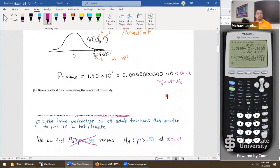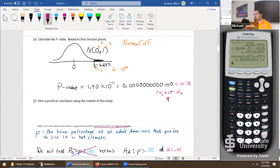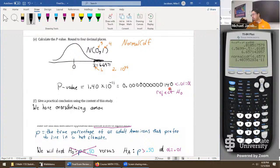Well, last stage is the practical interpretation. Any questions whatsoever, folks, with the p-value? Okay. So I do agree with the authors when they said there is overwhelming evidence that's supported by your p-value being astronomically small in a certain sense. Let's start by saying we have overwhelming amounts of statistical evidence to support the claim